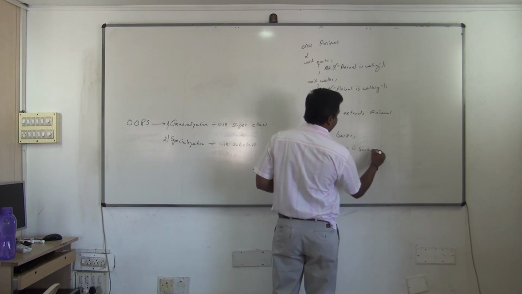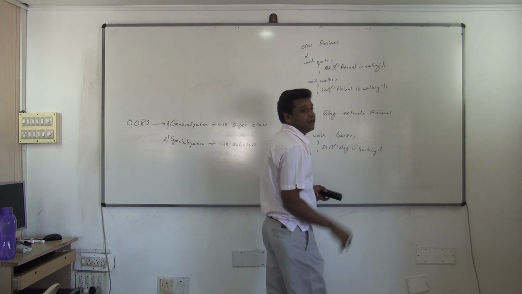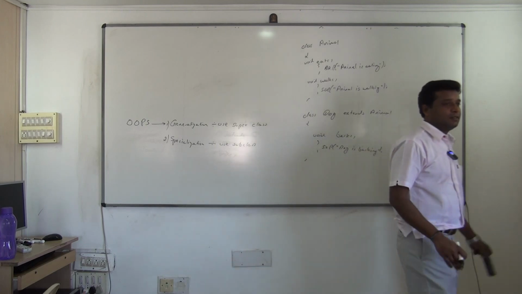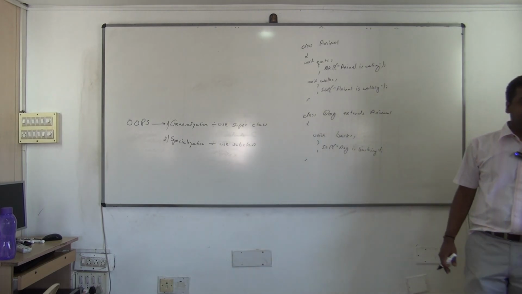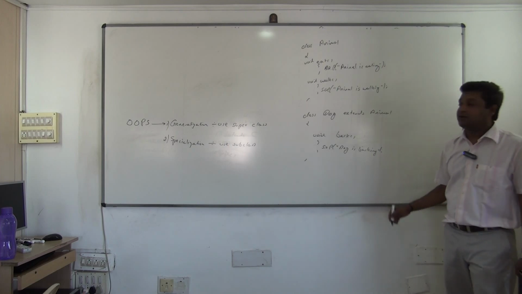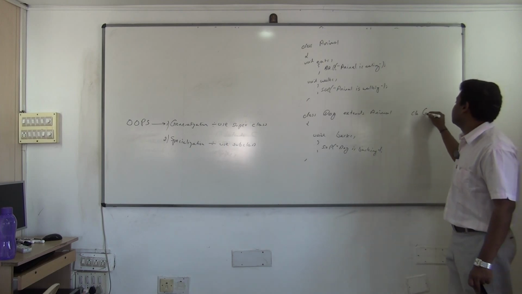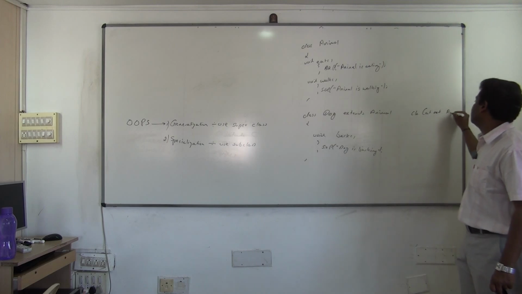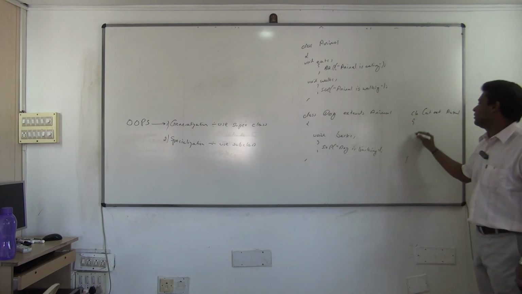So it will inherit both the features, plus it will add extra features. Understood? This is specialization. Again you can say class Cat extends Animal. Here you can add whatever its